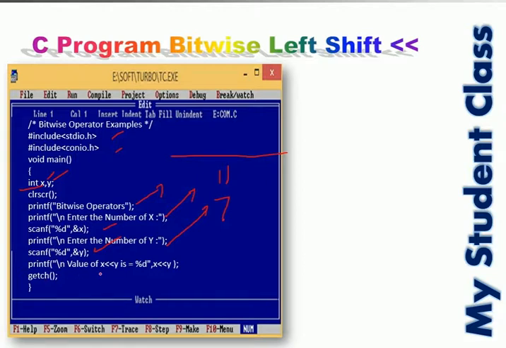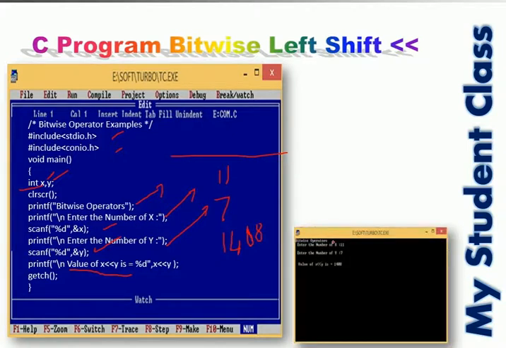Now we are going to execute the value of x << y. We print the answer with the statement "value of x << y is", and the value will be 1408. In the execution, it has printed the note about the bitwise operator, got the value of x from the user and the value of y from the user as 11 and 7, and at last it gives the value 1408.